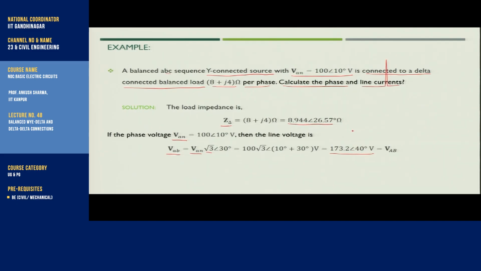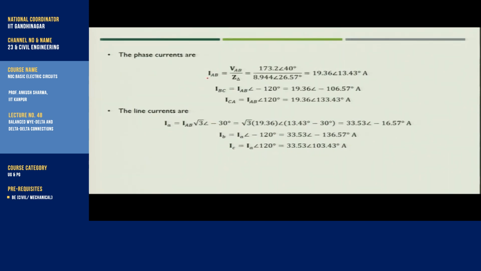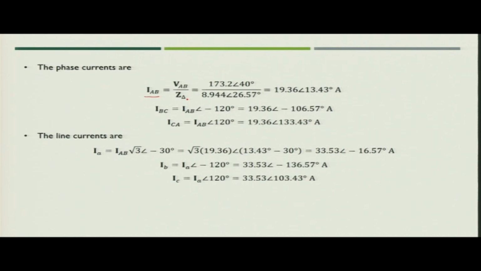Now, in case of star delta combination, you know that the line voltage of the source side will be equal to phase voltage at the delta side. So, you can easily find out the value of phase current. Phase current will be VAB divided by the per phase load impedance. So, you put the value of VAB and Z delta and simplify, you get IAB is nothing but 19.36 angle